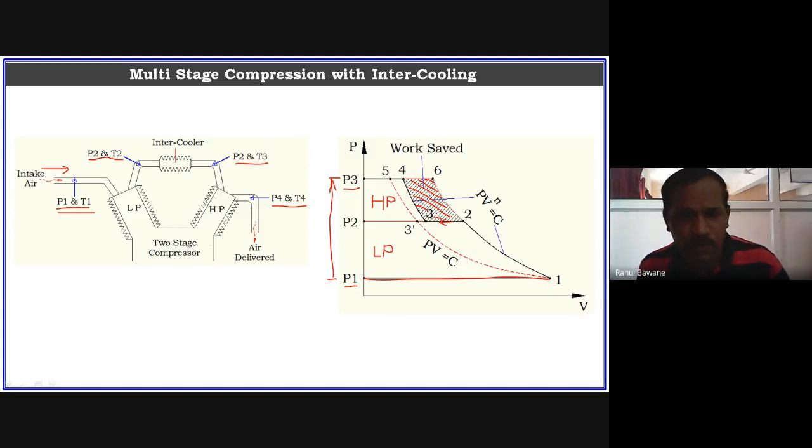Suppose it is an air cooled intercooler, just like your bike engine, where fins are provided. In your bike engine, we don't provide any power to cool it down when your bike runs on the road. The air blowing from the opposite side automatically cools it. But if it is liquid cooled, then definitely we have to provide a water pump, liquid pump, circulation, radiator, all this. So in most applications we prefer an air cooling system.